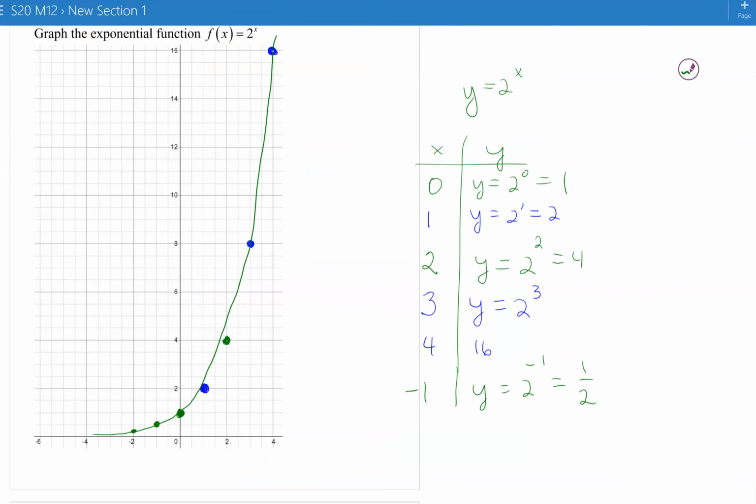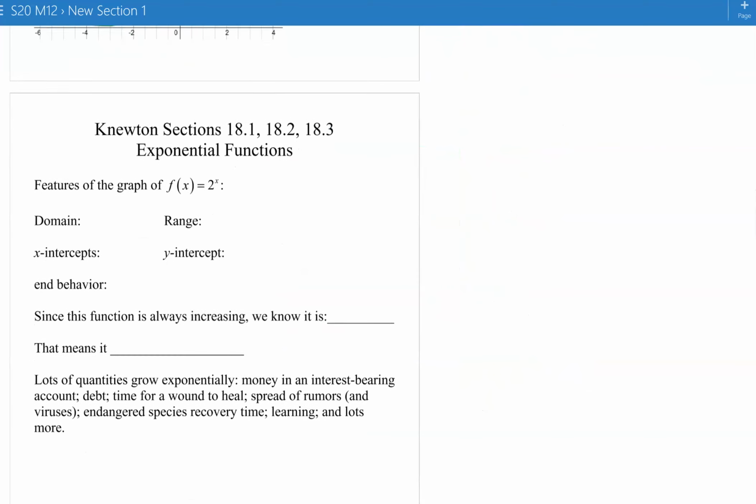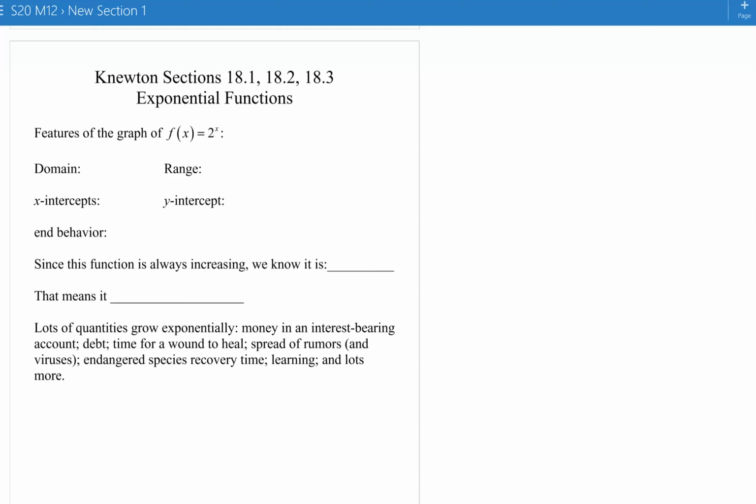Okay, so we've drawn this graph of y equals 2 to the x, so keep that picture in your mind. And then we're going to look at some of the important features or characteristics of the graph of 2 to the x. So the domain is all real numbers, or you can write it in interval notation as negative infinity to infinity. Then the range was we only have positive values of y. So if you write that in interval notation, it will be from 0 to infinity,